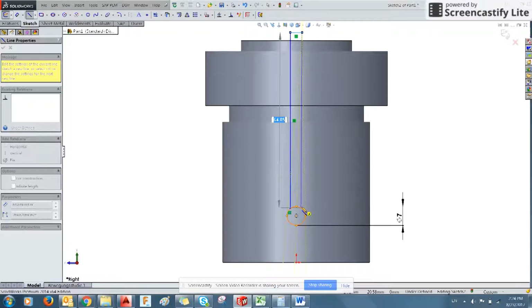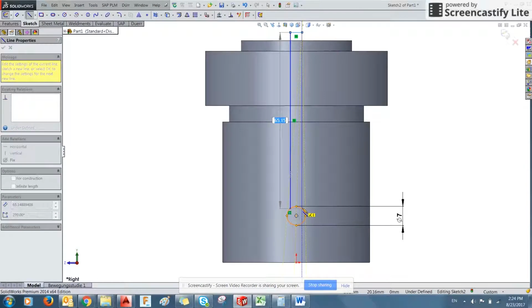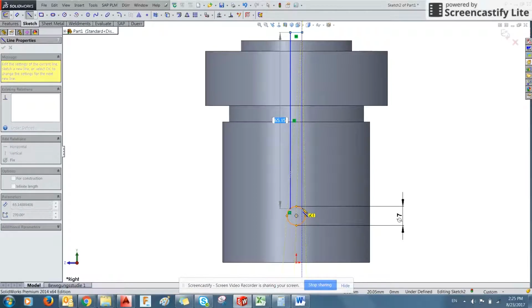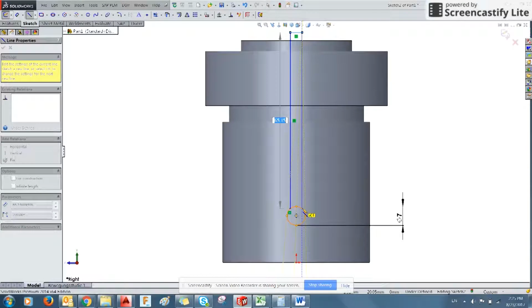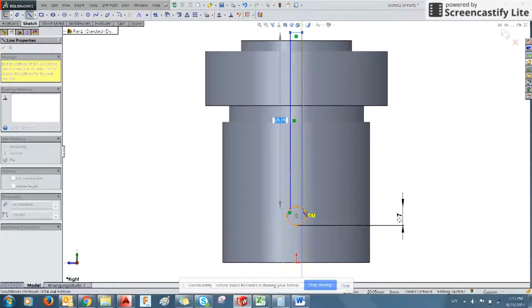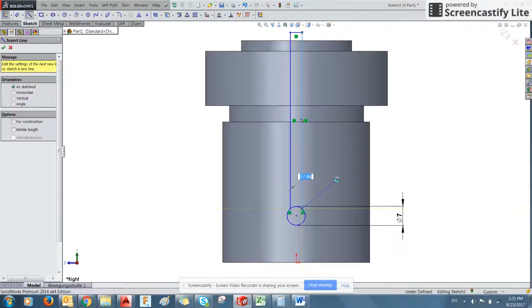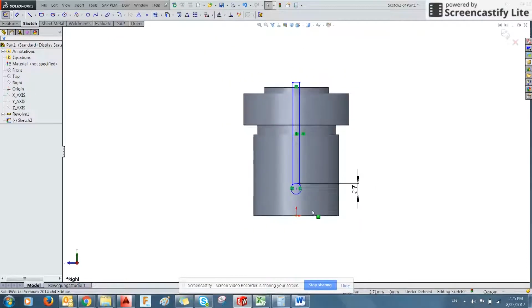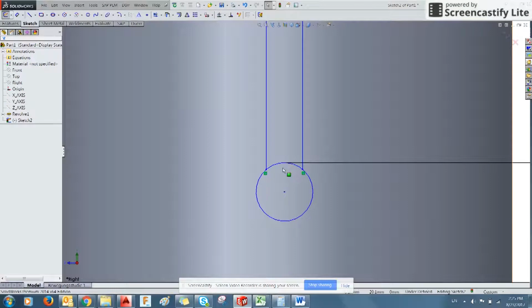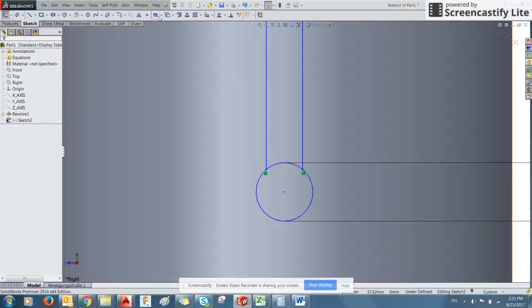And again, with a yellow vertical orientation, we can click on the circle. And you notice next to the yellow line, it also has a yellow point. This means that it's going to be joined to the circle at the end point of that line, which is exactly what we wanted. Now to get this piece here to get cut out, we're going to use the trim